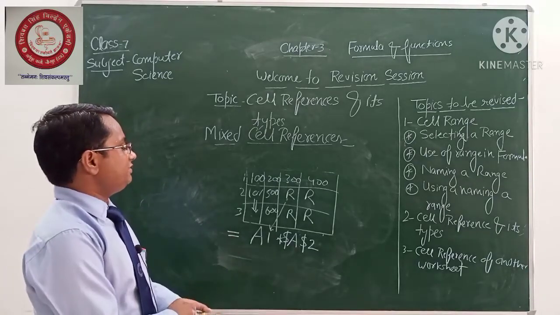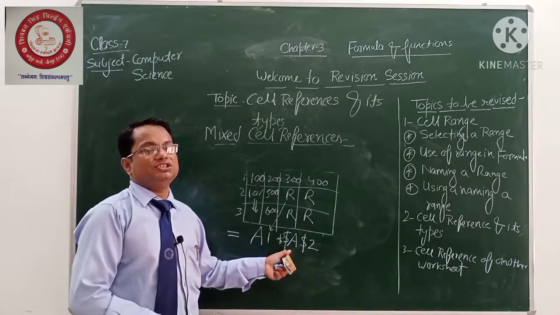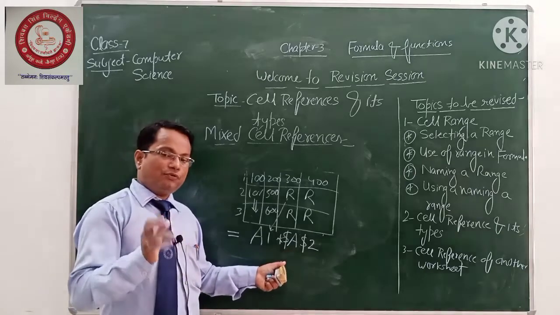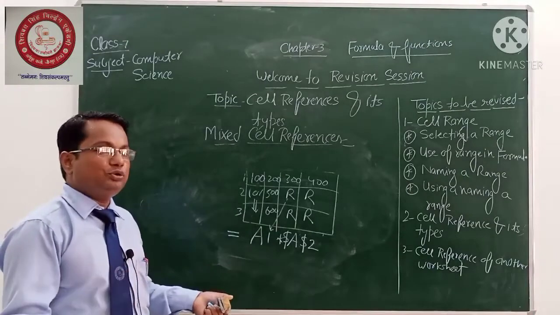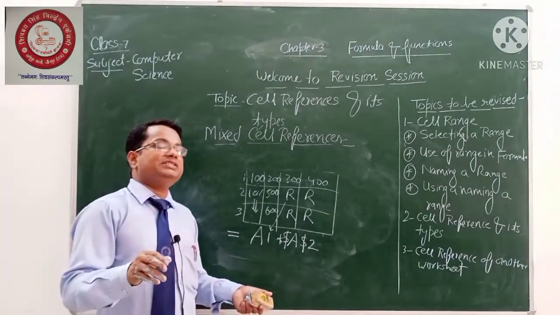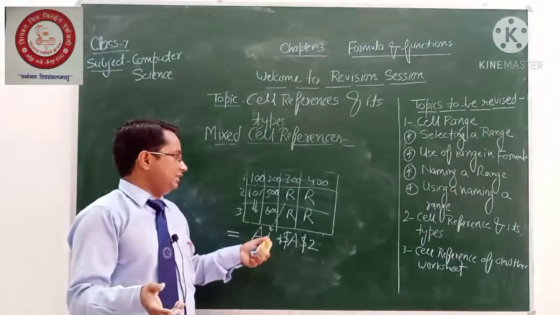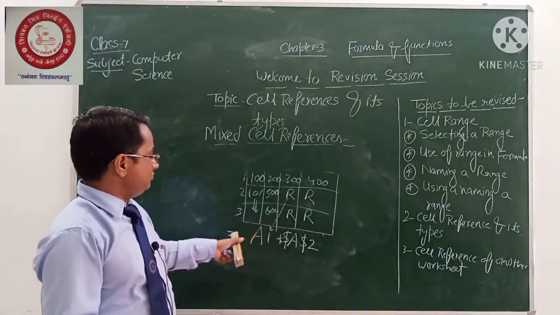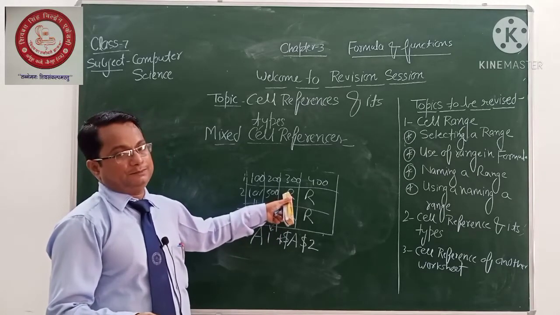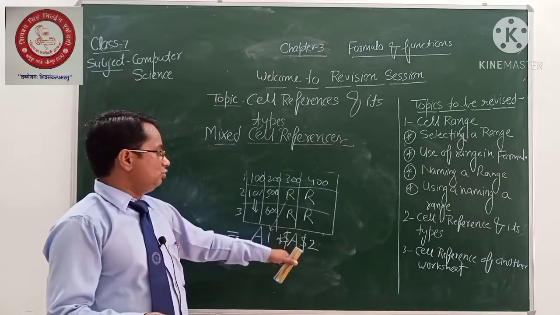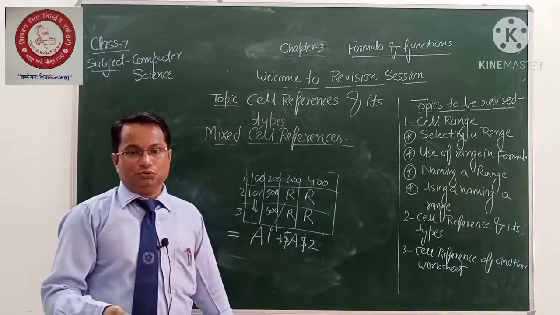It means that whatever formula or things you have written here, you have to make a combination of these two. Means if you want to change the addresses of some of the cells, you can do, and if you don't want to change the addresses of some other cells, you can do. Right now this formula is written in this particular cell, that is C3, and once you scroll down, these things are not going to change, but A1 changes to A2, A3.